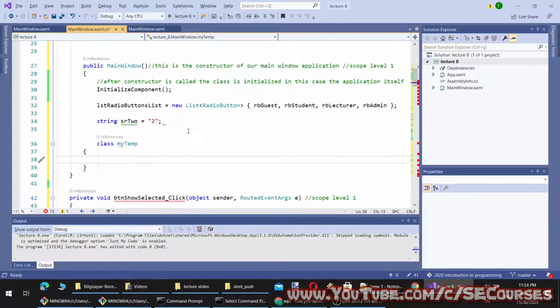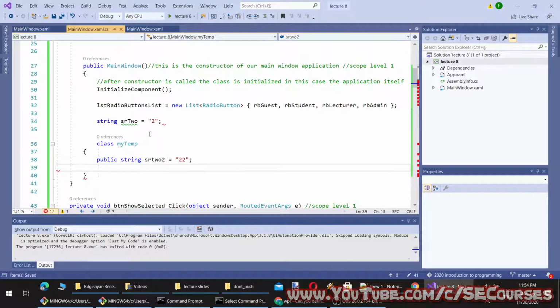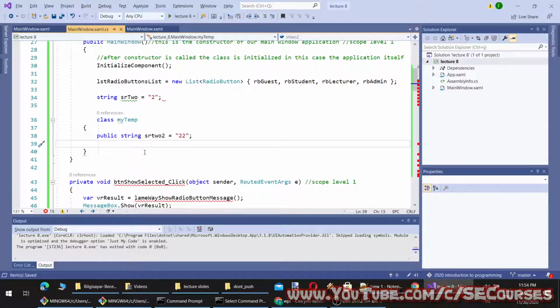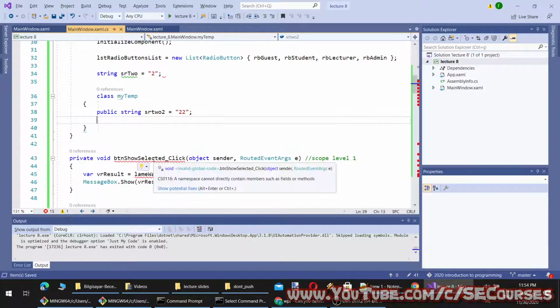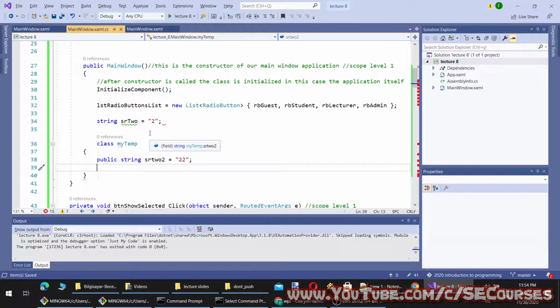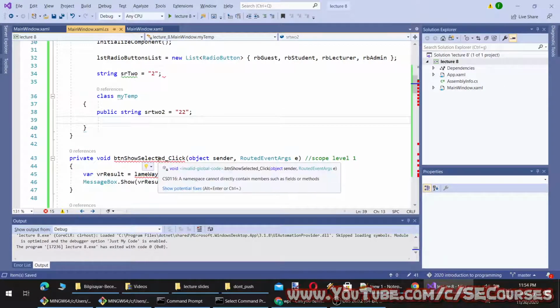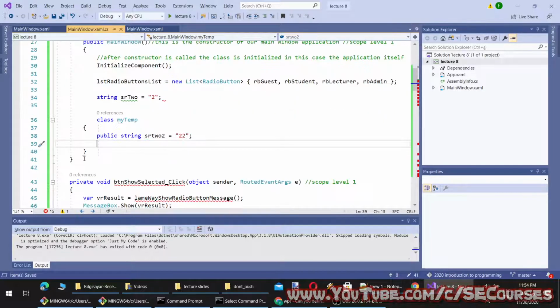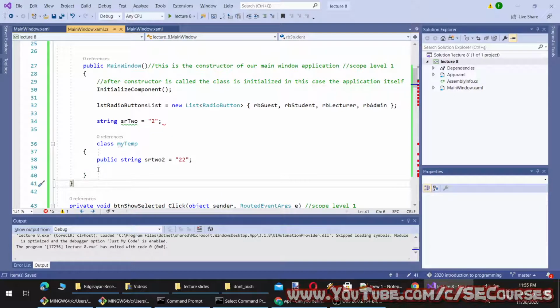So I can define another scope here. Okay, it has broken my scope.